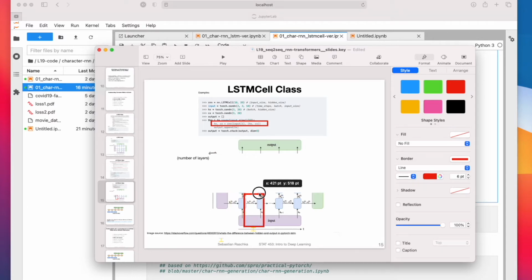Then we will move to the next input. Here, the next input will receive the hidden state from the previous time step and the cell state from the previous time step together with a new character. And then it will produce again an output that goes to a fully connected layer to predict the next character. And then we will go on. Here again, it will receive the hidden state and the cell state from the previous time step, the current time step input, output something, and so forth. So that's how the LSTM cell class works.